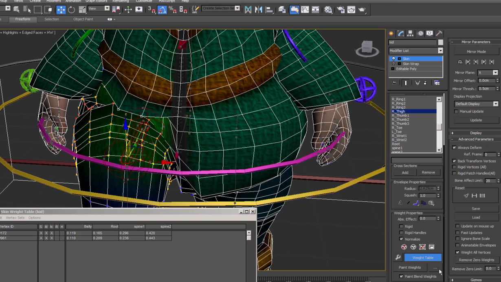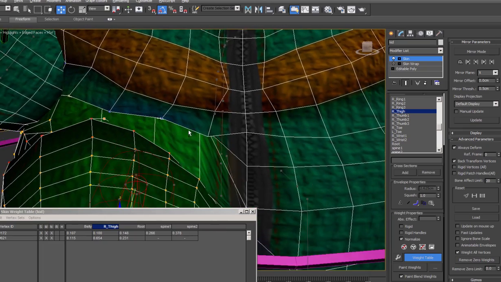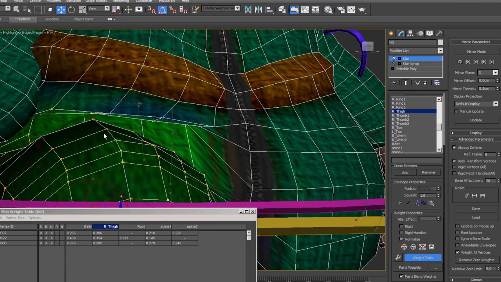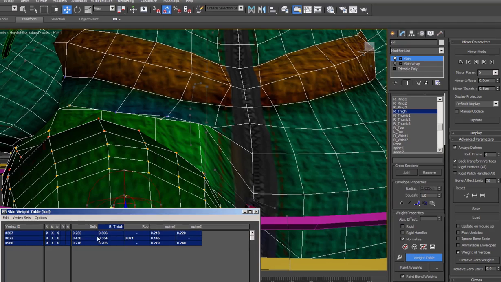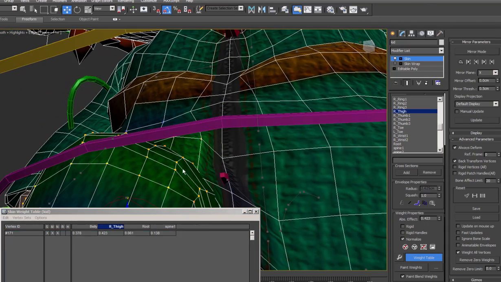These ones here, I'm going to add some right thigh influence, just a bit, and we'll let it sort out which ones really should affect it later when we set it to only allow 4 bones to affect each vertex. Let's go edit, select all, and maybe bring these down a bit. I'm just going to clean these up, and I'll be back in a second.